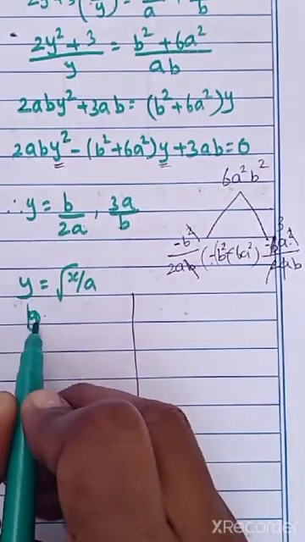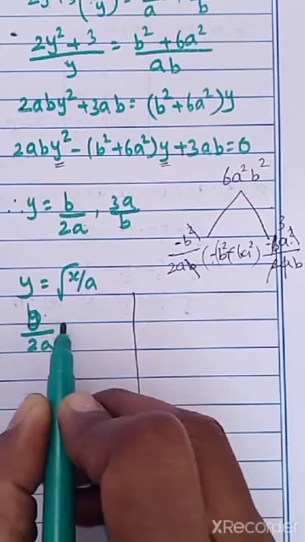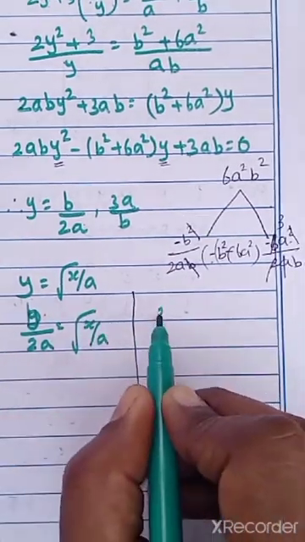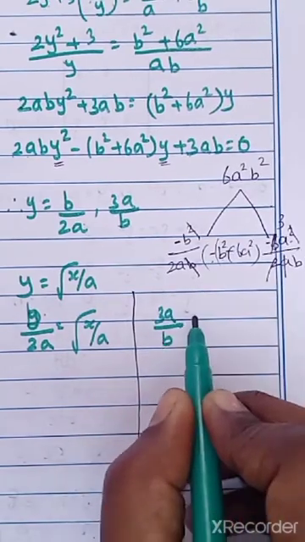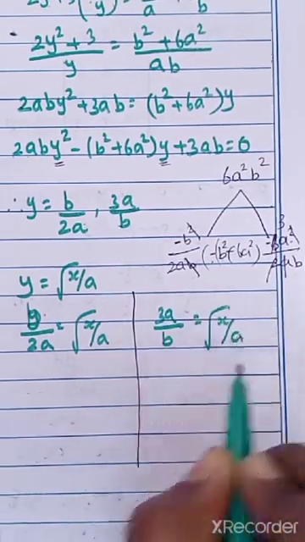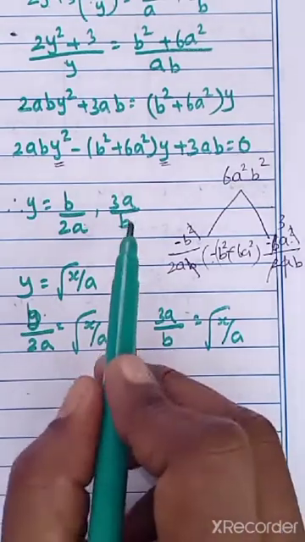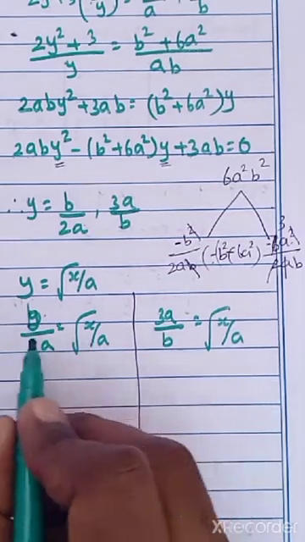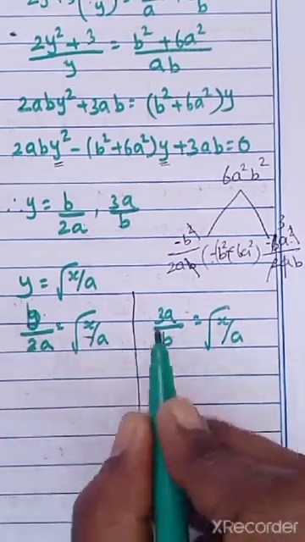b. So b by 2a equal to square root of x by a. இந்த பக்கம் எடுத்தோன்னா 3a by b equal to square root of x by a. கரெக்டாக y க்கு பதிலா b by 2a, இங்கே y க்கு பதிலா 3a by b. Is that clear? Now so here we can squaring on both sides, in the root எடுக்கிறதுக்கு.